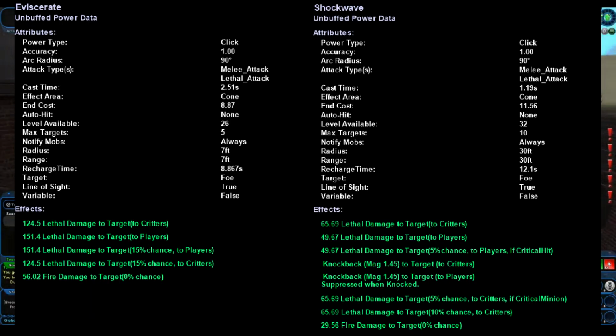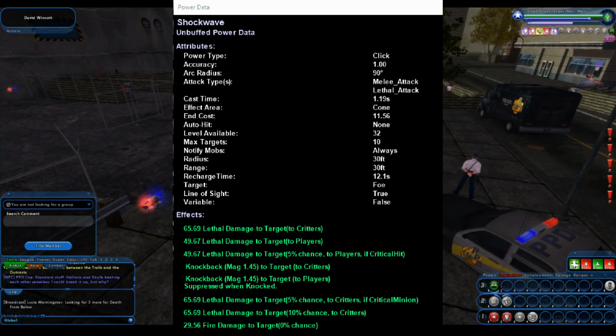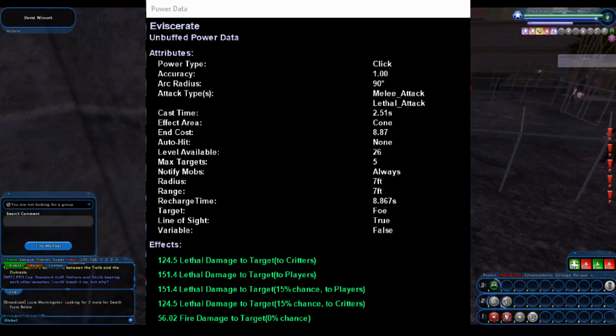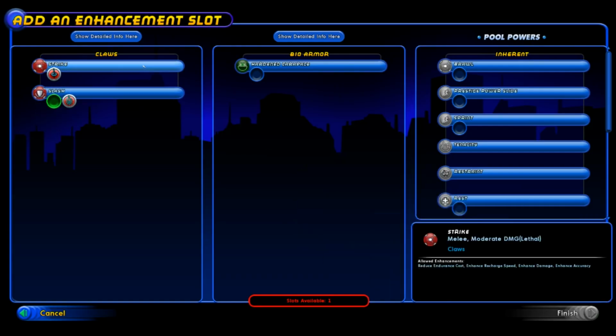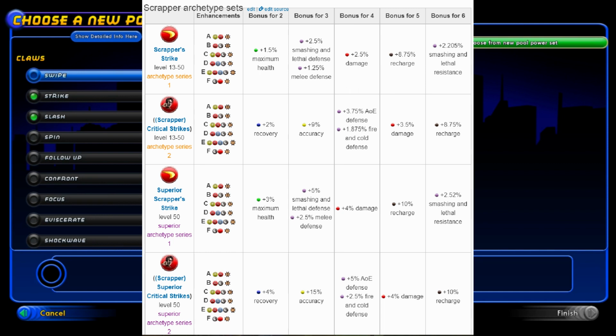Comparing Shockwave to Eviscerate, we can see Shockwave has a 5% chance to crit on minions and other players, and 10% chance for higher ranking enemies, while Eviscerate has a 15% chance to crit for both minions and higher ranking enemies. Other than just powers, we also need to take into account archetype origin enhancements, otherwise known as ATOs, which